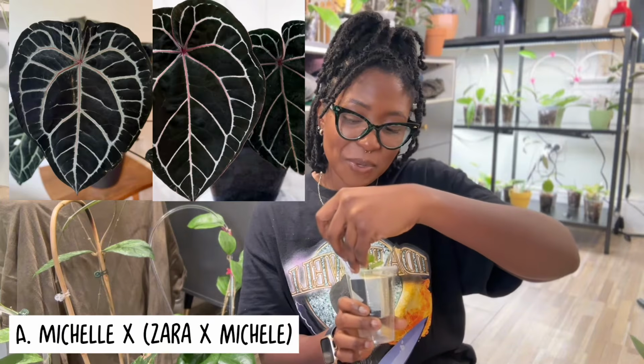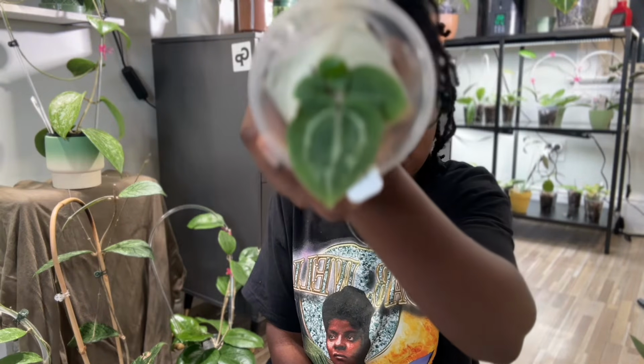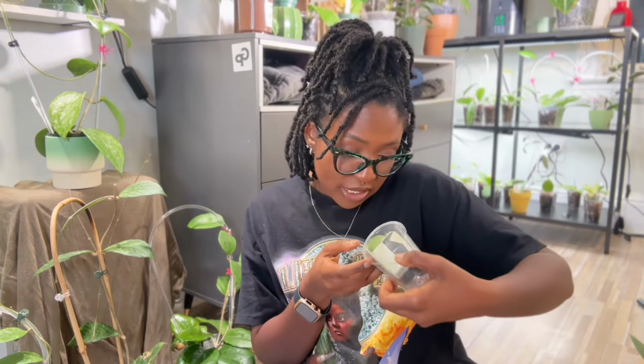And this here, I really think she picked me a real good one. This is an Anthurium Michelle crossed by a Zara Michelle. So I'll put the parents there, but she picked me a really good one, because with red crystals, what I've learned is that the red is recessive. So it doesn't have to have like red in the veins and red emergence, but I'm already seeing red in